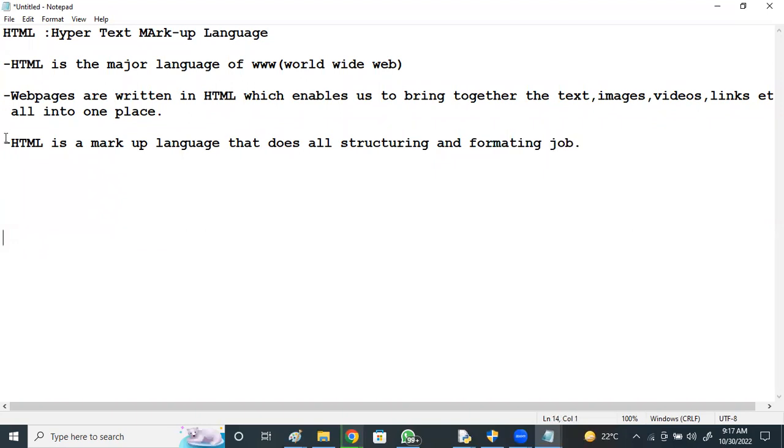What do you mean by HyperText Markup Language?